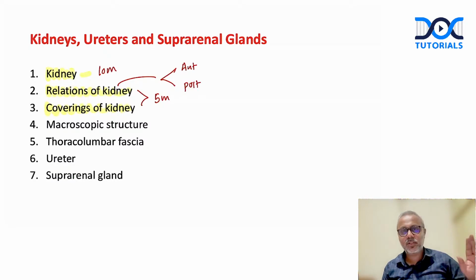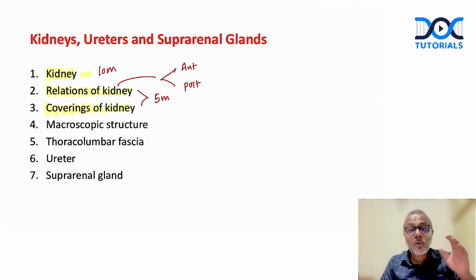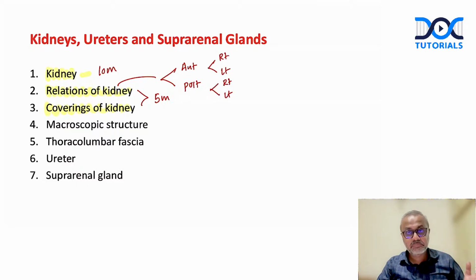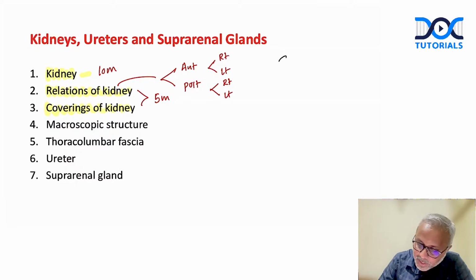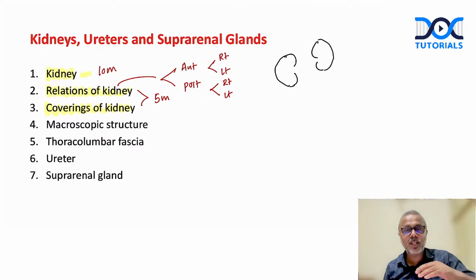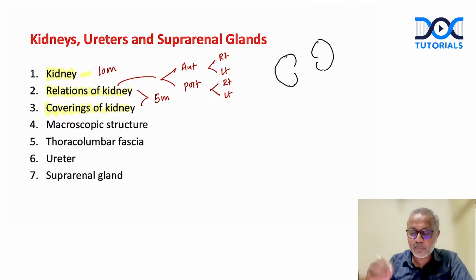Kidneys are retroperitoneal organs, period, right? Then what are the anterior relations and posterior relations? In both, we need to talk about right and left. So, easier way, draw a diagram, right? And when you draw the diagram, always try to let the examiner know that you know a little bit more about the kidneys. So make sure that you show the kidneys in different planes. The right kidney lower, the left kidney higher. Mark the relations by showing them on the diagram itself.